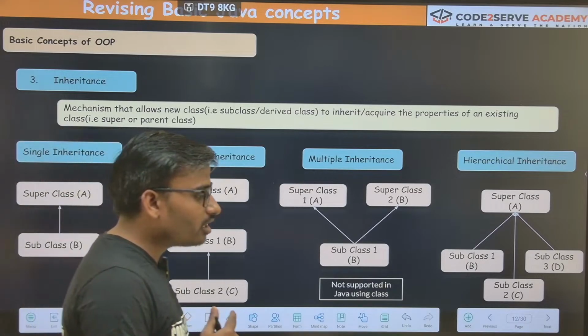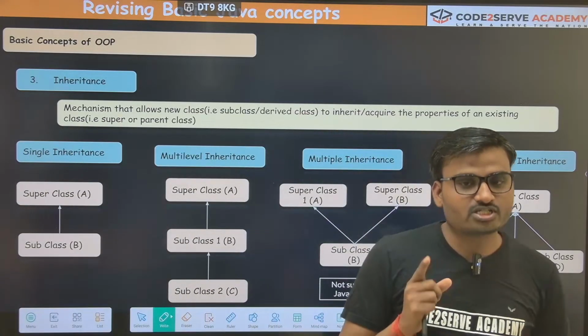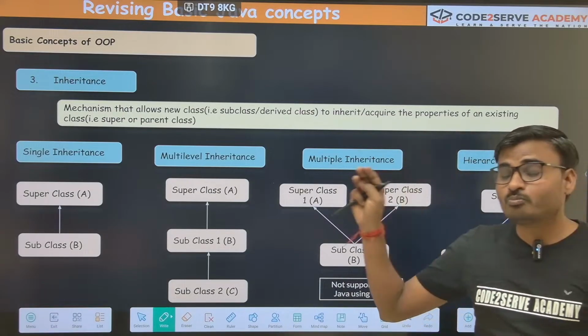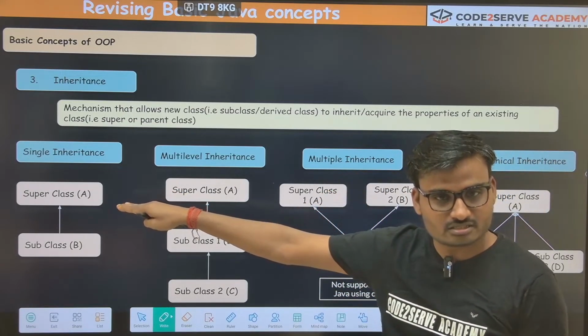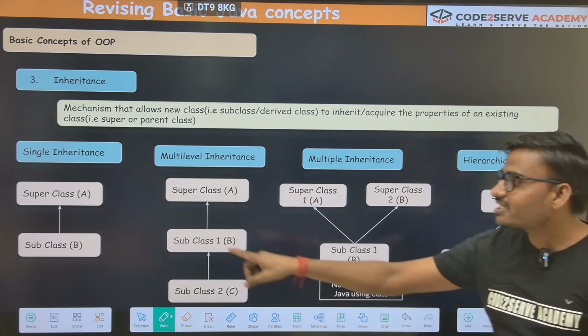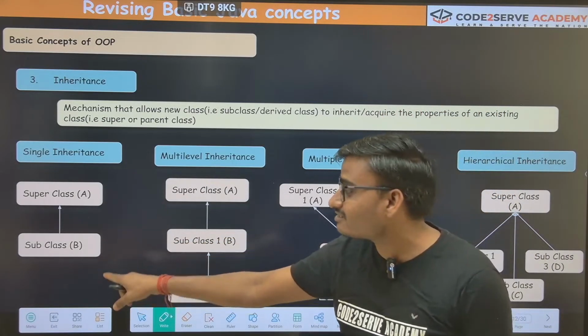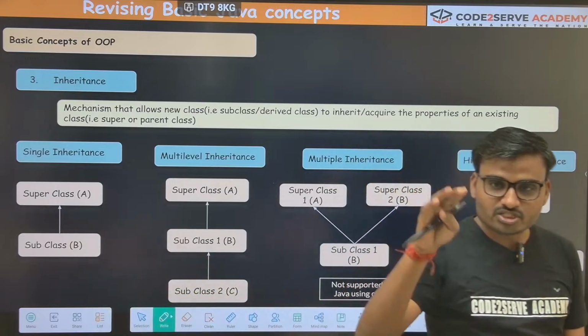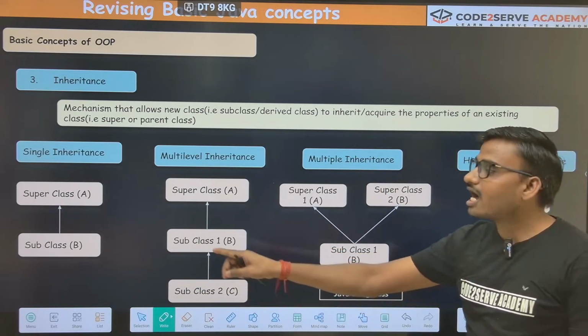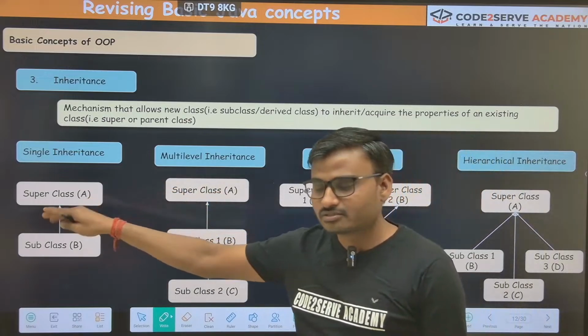Got it? So here there are two concepts. The first one is a super class. What do I mean by super class? Super class is basically your parent class. Your parent is a super class. Okay, and the second is the subclass. Subclass is basically a child class, meaning you can take yourself as an example of a subclass, and your parent as a superclass.